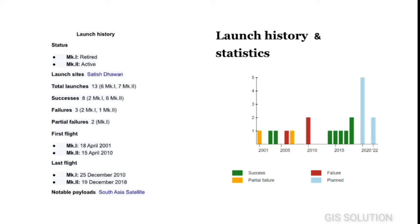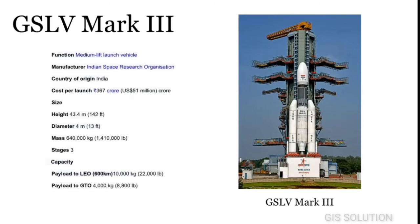GSLV Mark III, Geosynchronous Satellite Launch Vehicle Mark III, also referred to as the Launch Vehicle Mark III, is a three-stage medium-lift launch vehicle developed by the Indian Space Research Organization, primarily designed to launch communication satellites into geostationary orbit. It is also identified as the launch vehicle for crewed missions under the Indian Human Spaceflight Program and dedicated science missions